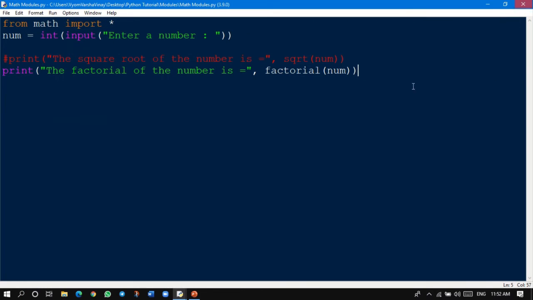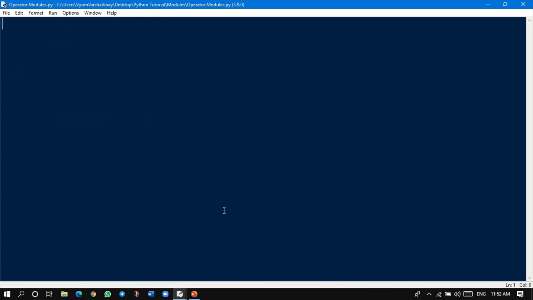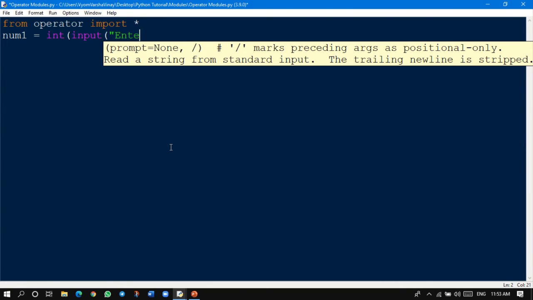So I hope you understood the math module. Now I will be going on to the operator module. So as usual for every module, we import it from operator import star, and I'm going to be showing you the addition, subtraction, multiplication, floor division and modulo division functions from the operator module. So let's write num1 is equal to integer input, enter the first number,